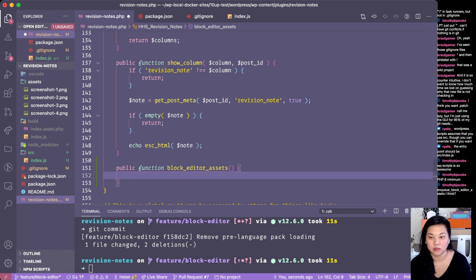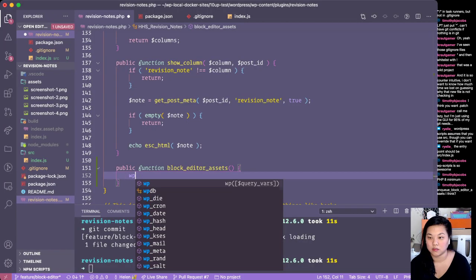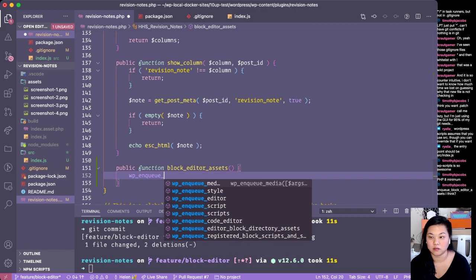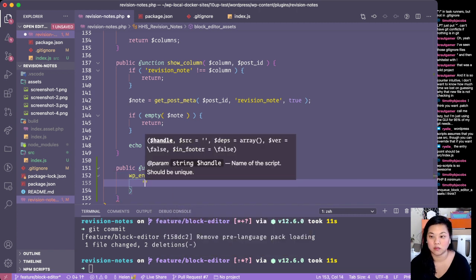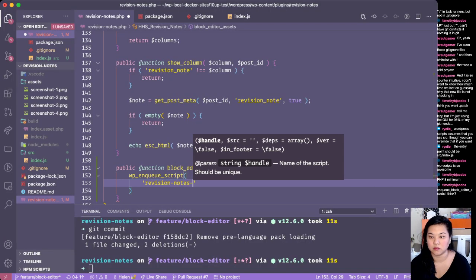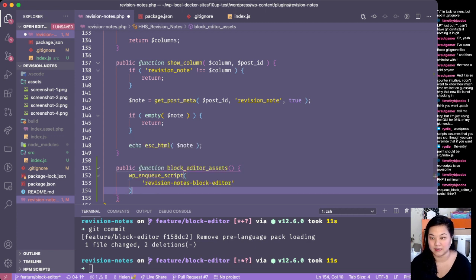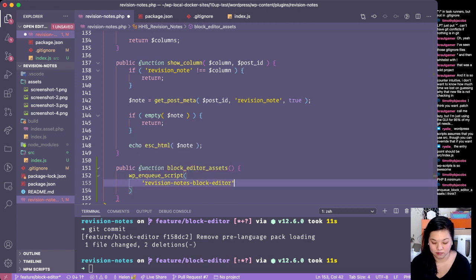So let's start with wp_enqueue_script, revision notes, block editor. I guess I'll just give it like a long name. And